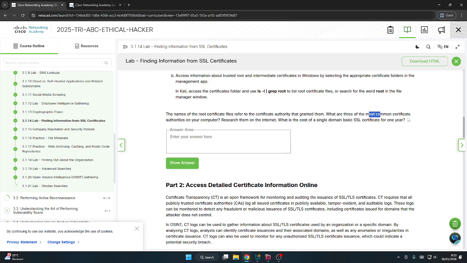What are the three most common certificate authorities on your computer? So research on the internet what is called single domain basic SSL certificate for 1 year.